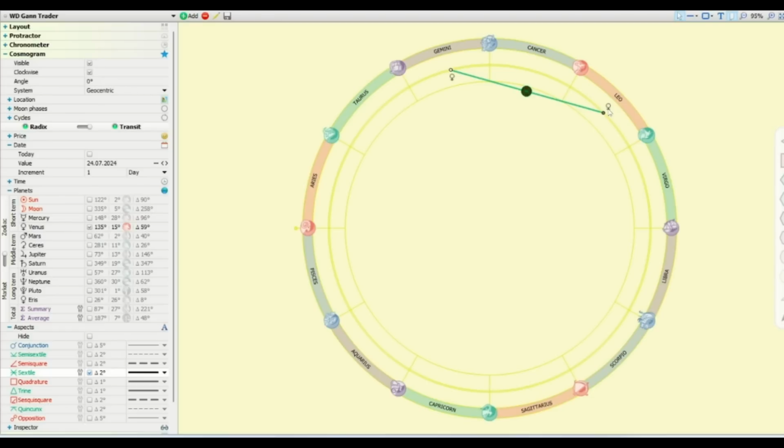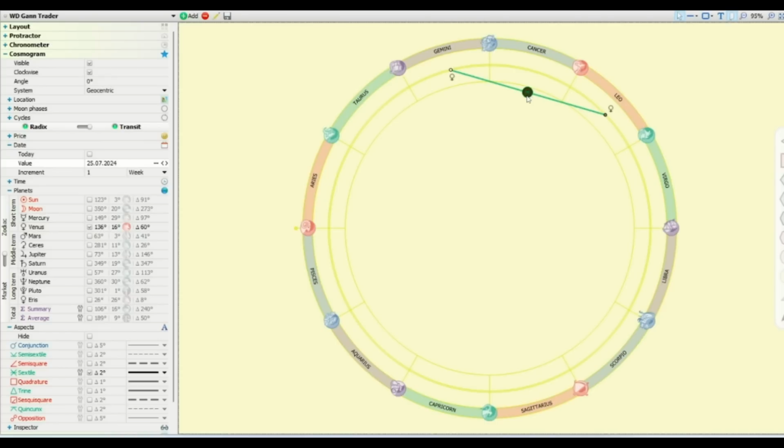What I have observed is that whenever a Venus-Venus sextile aspect is formed in Nifty, Nifty has almost given a reversal every time, and its accuracy is very high. Let's go forward in the date to 25 July 2024. Here you can see the sextile of Venus-Venus at exactly 60 degrees. So we can say that there can be a good reversal after 25 July on the Nifty chart.